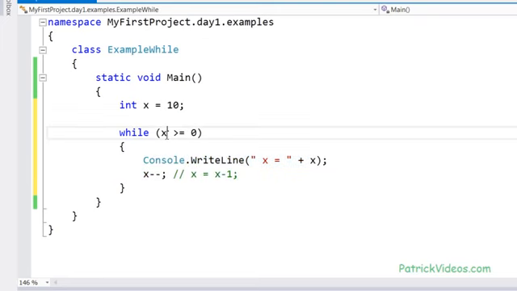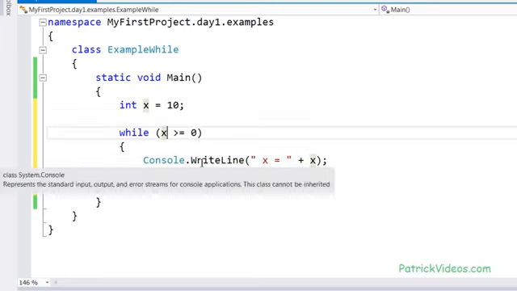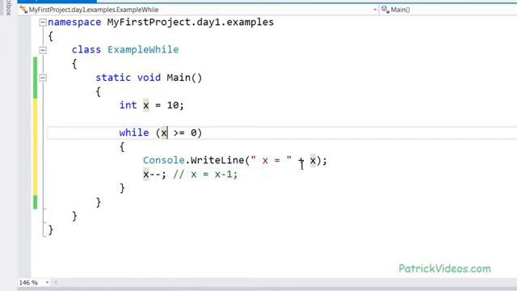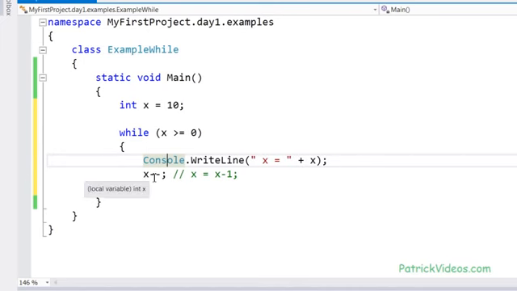So while 10 is greater than or equal to 0, I want to print out the value of x, and then the next line I want to decrement the value of x. x-- is nothing but x equal to x minus 1. So the first time it will print out x equal to 10, and then 10 minus 1 is 9, so it will come here and check, is 9 greater than or equal to 0? Yes, 9 is greater than or equal to 0, so it will come and print out x equal to 9,